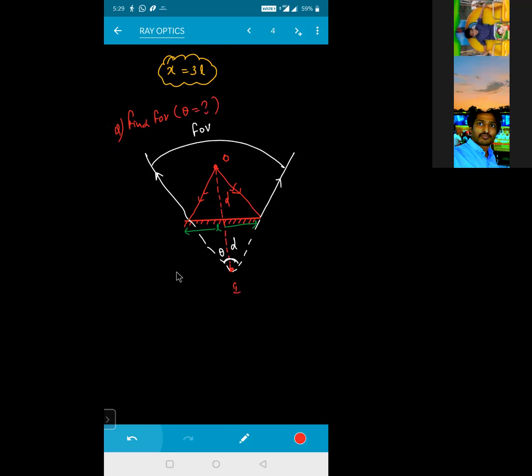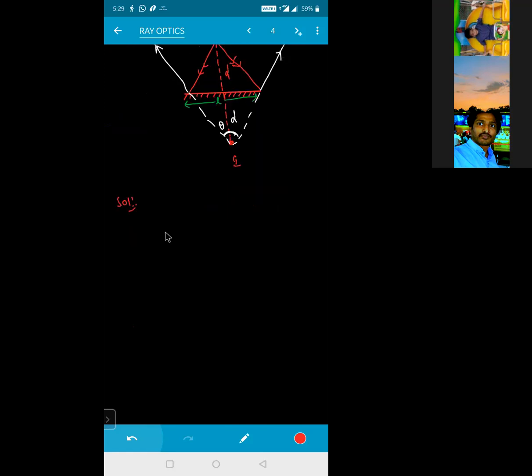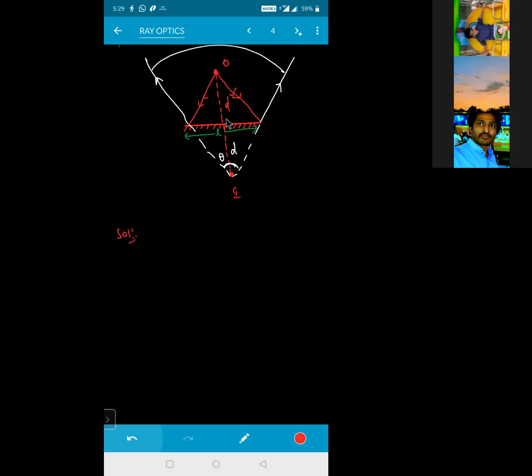Now see this one carefully again. We are having two similar triangles again right now in this one. So you take one triangle. See, if I take this triangle, this side I know, and this side also I can get. So this is how much for me? Half of the length of the mirror.